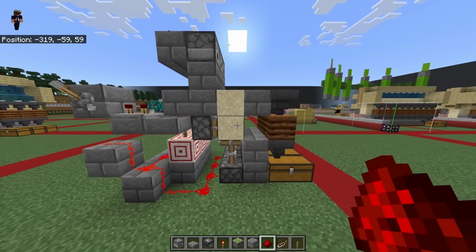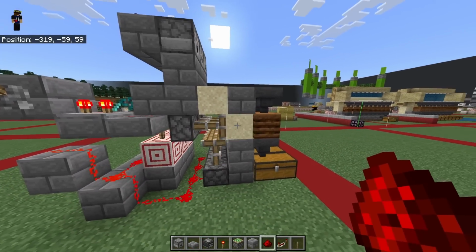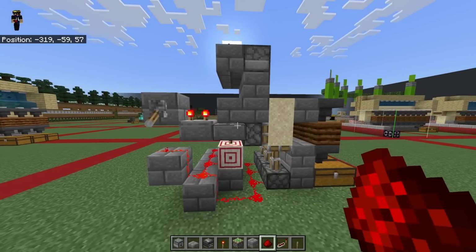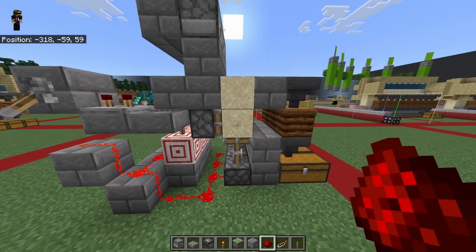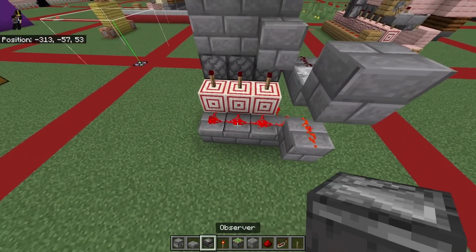So if I flick the lever now, my sand should be completely fine. That sand on the top is not moving, and that sand over there is just going back and forth. I'm going to go ahead and flick the lever off, and when you flick it off, that's where your sand should be. Alright, this build is just about done, so come to the back side right here and place 3